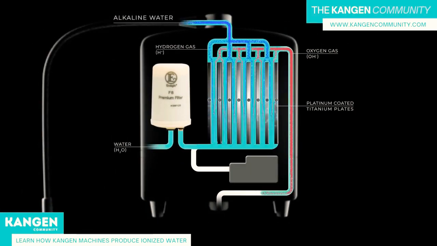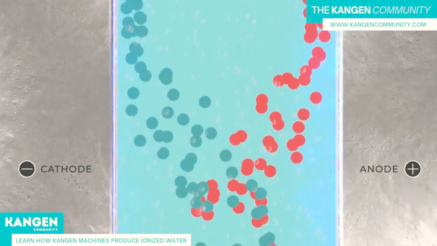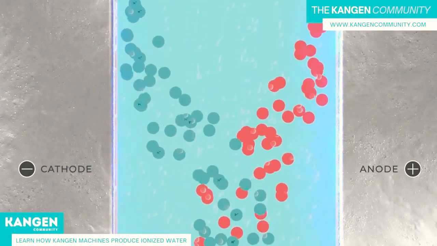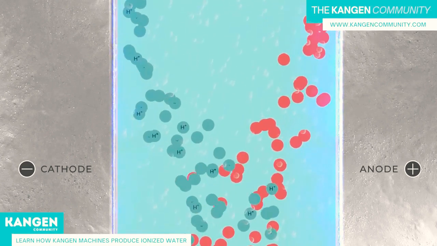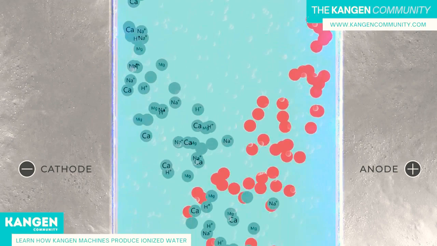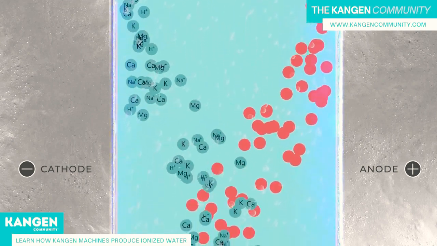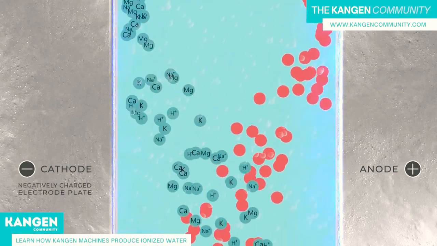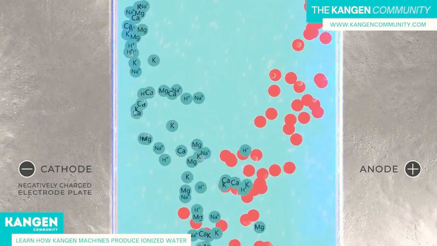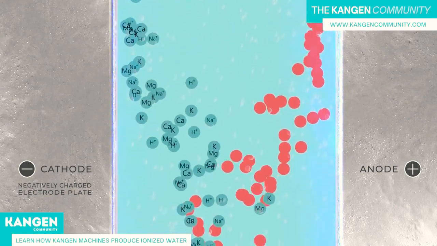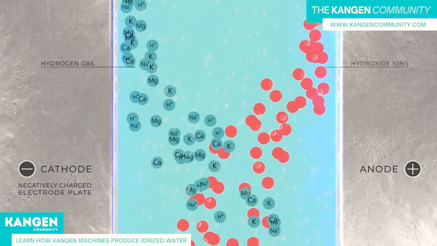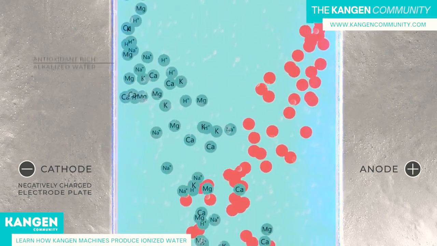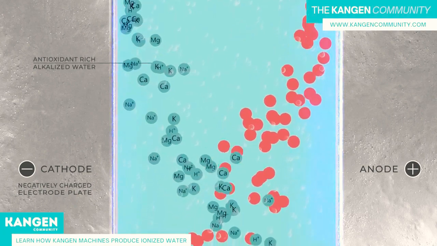One is alkaline water, and the other is acidic water. Positively charged hydrogen ions and positively charged minerals, such as sodium, calcium, magnesium, and potassium, are drawn toward the cathode, the negatively charged electrode plates. Essentially, at the cathode, water is reduced to hydrogen gas and hydroxide ions, producing antioxidant alkalized water rich in molecular hydrogen,